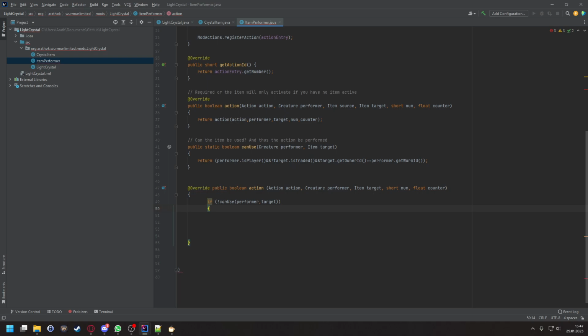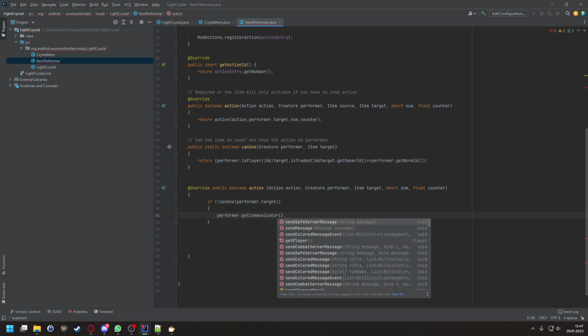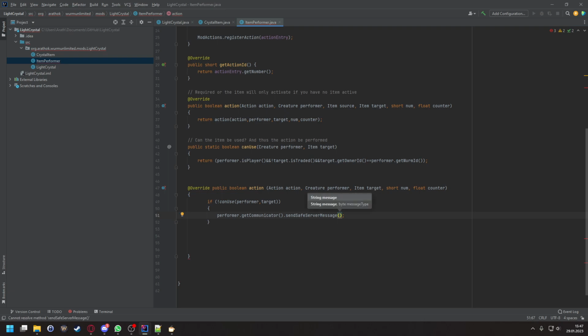We say performer.getCommunicator().sendSafeServerMessage and say you are not allowed to do that. You know that message, when you try to access a cart's inventory but you're standing too far away, that is that. So you're not allowed to do that. And then we say return